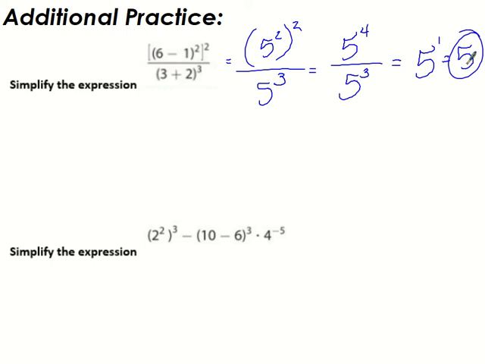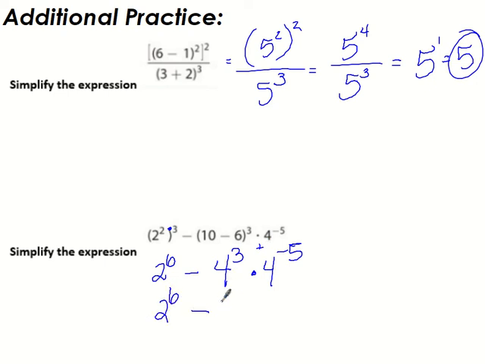All right, so I'm going to do a little bit all over the place. I'm going to apply this right now. So these get multiplied. So I get 2 to the 6th minus 10 take away 6 is 4 to the 3rd times 4 to the negative 5. So this one, we would add these little exponents together. So we're going to get 2 to the 6th